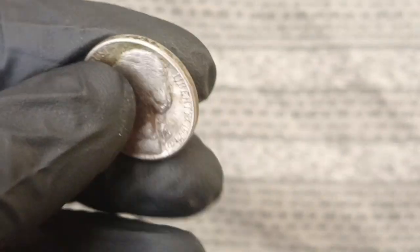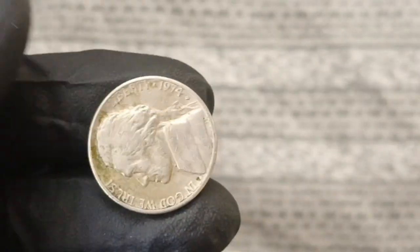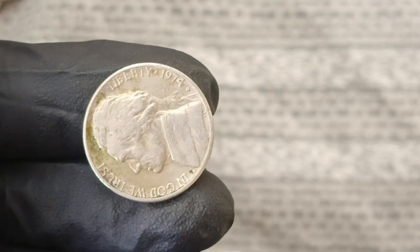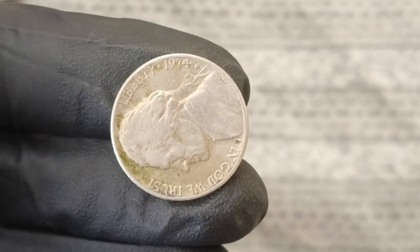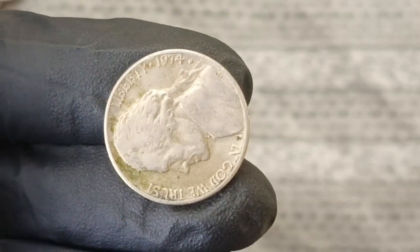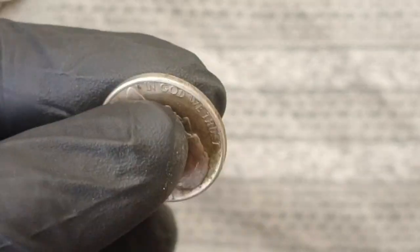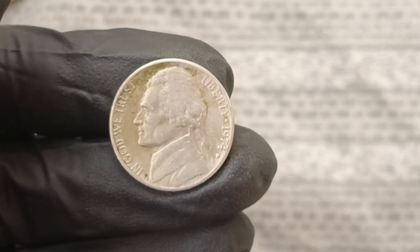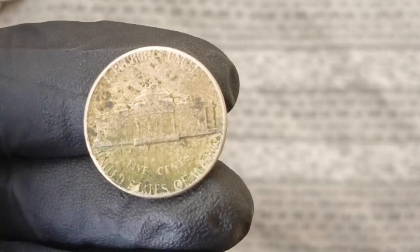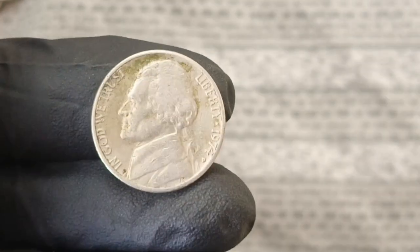or museum, and the historical context surrounding the 1974 D nickel adds even more intrigue, as this was a time of inflation and economic change in the U.S., leading to various mint experiments and supply chain pressures that may have contributed to the creation of error coins. And while the Denver Mint was known for its high-quality production standards, no mint is immune from occasional lapses, especially under the pressures of massive coin output and machinery maintenance challenges, and over time, experts and collectors have scoured rolls